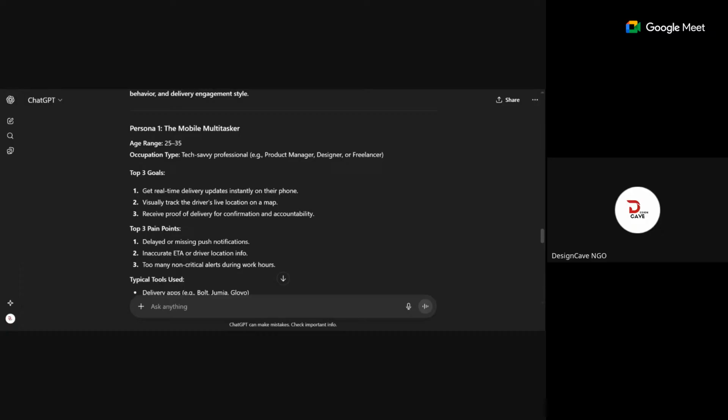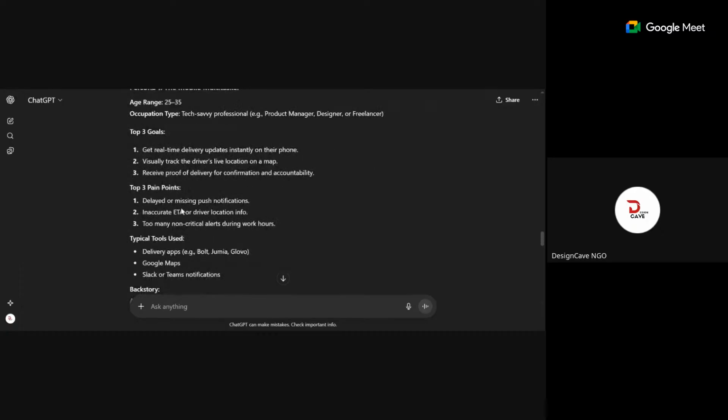Even students don't really use the delivery app like that. Market women don't need it. So that is why occupation type is tech savvy professional, because obviously you work from home, or freelancer. Pain points: inaccurate, because what is selected is what they want, something they probably lack on other platforms. Proof of delivery, yes, this is it.